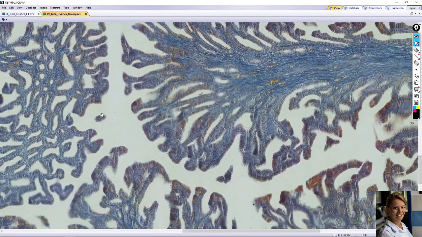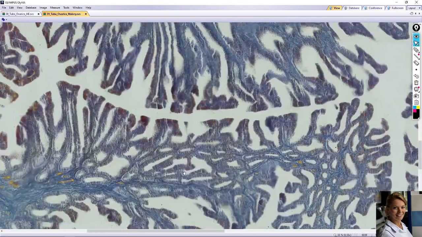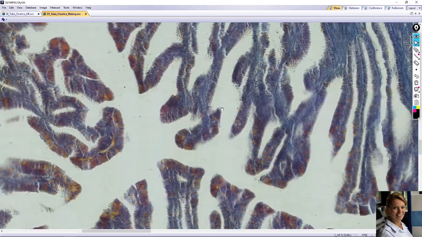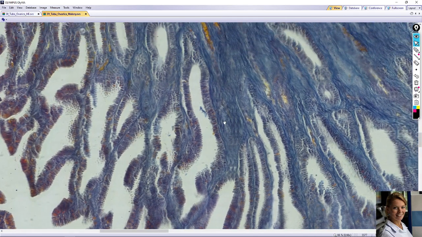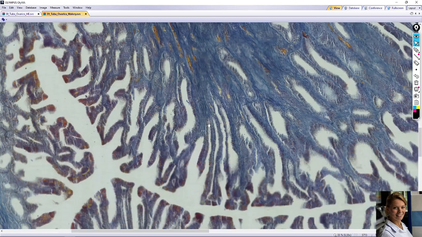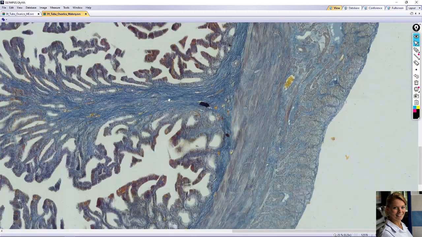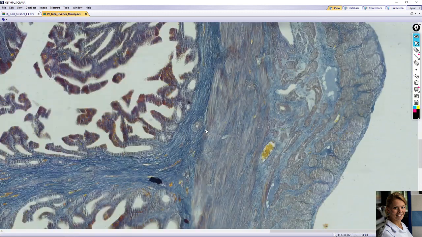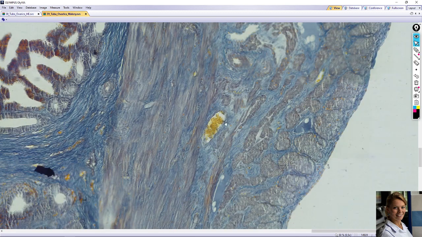So this is the different color of the covering epithelium: blue ciliated columnar cells, and brown columnar non-ciliated peg or secretory cells. So and lamina propria, and here starts the muscular layer, circular inner layer, and longitudinal layer. Here you can see the interstitial connective tissue with blood vessels inside